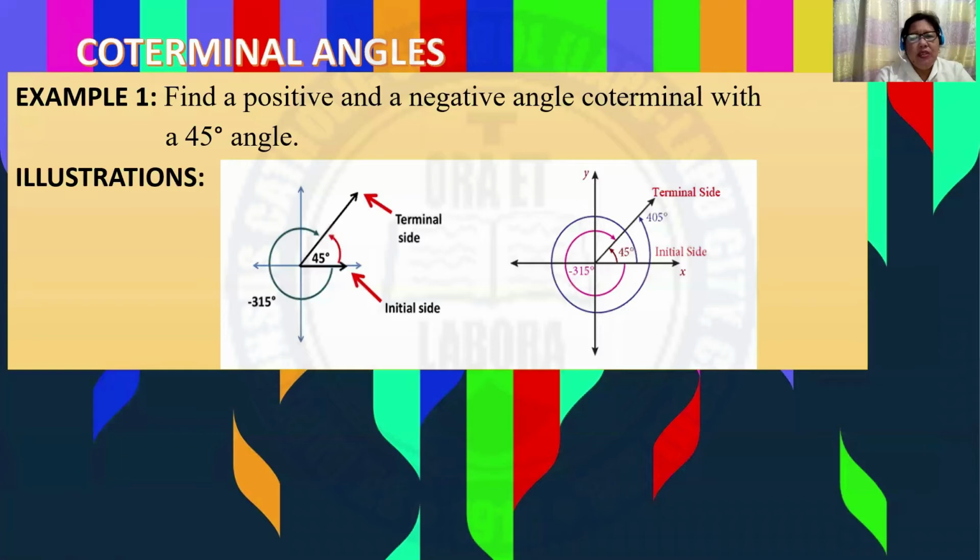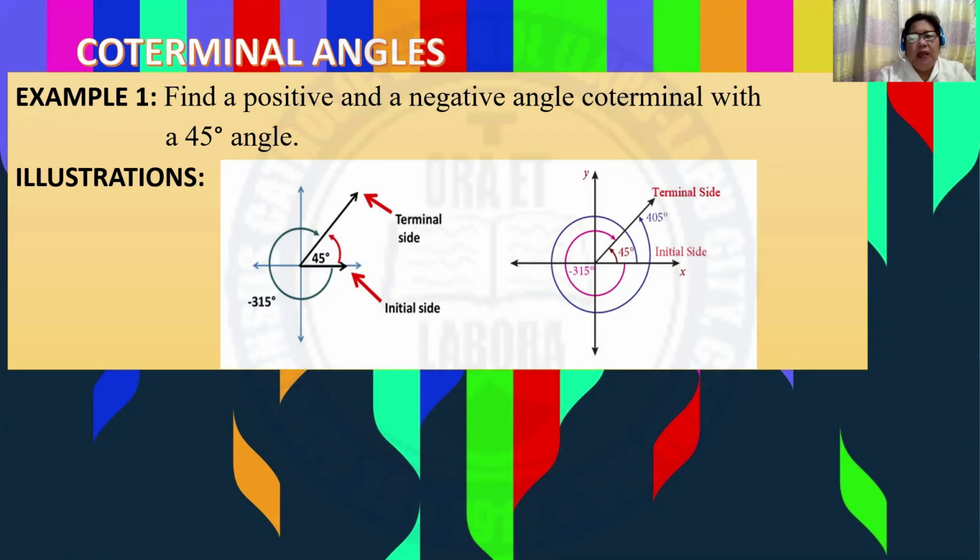So for the illustration, this is the 45 degree angle, and for a negative angle coterminal to 45, you rotate from the initial side here in a clockwise direction until here, and this is the terminal side. The measure is negative 315